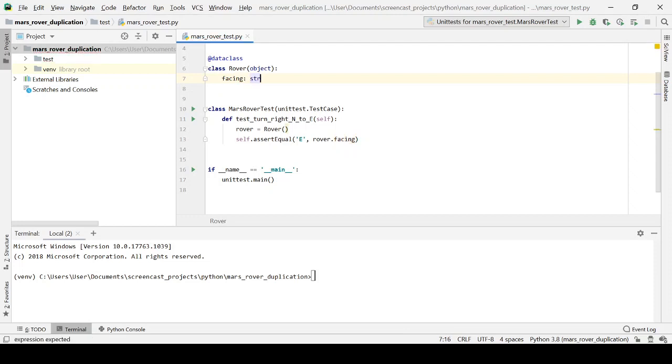And that's just going to be a string: north, east, south, and west. Okay. And what Python will do at runtime is it will generate a constructor passing in the direction. Let's supply that information there so that that is set. And we can also optionally